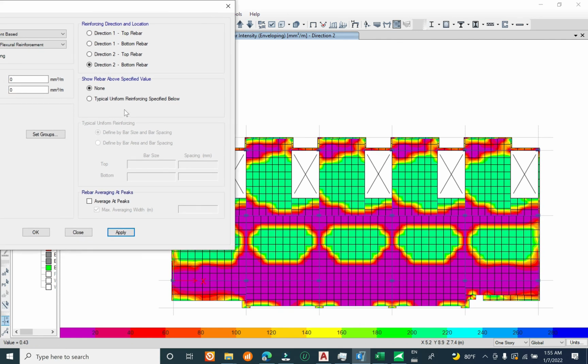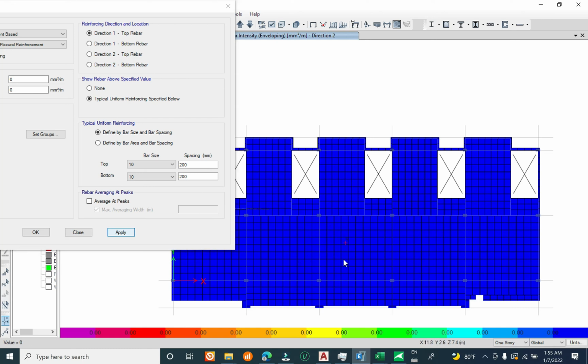Now I want to apply the reinforcement diameter 10 and spacing 200 for the top. So you can check it. Okay, it says OK. And for the bottom, it says OK. And for the top,